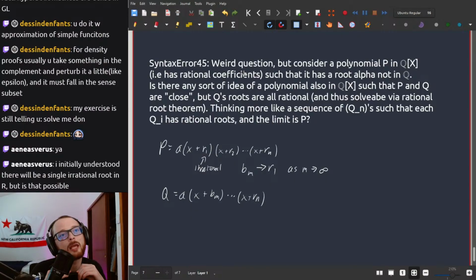Wait, so well, irrational roots, they have to come in conjugates, right? Well, actually no, is that true? What about a degree 3? Or like, what about odd degrees? They probably still have to come in conjugates, because if you have rational coefficients,